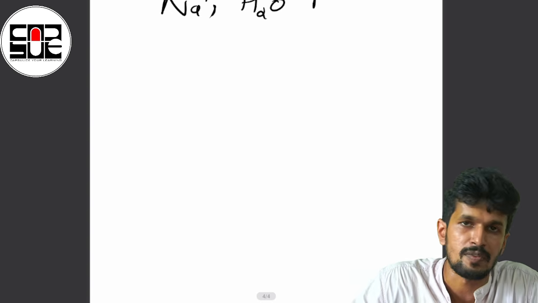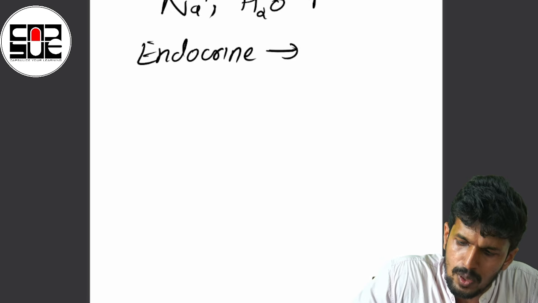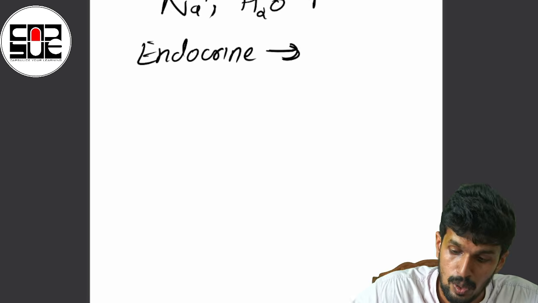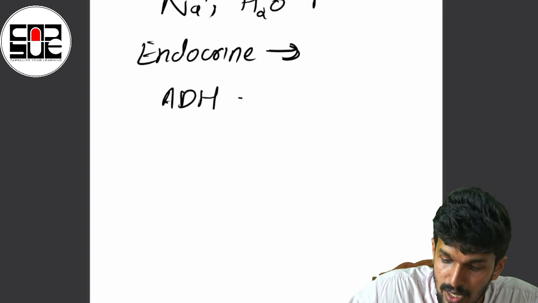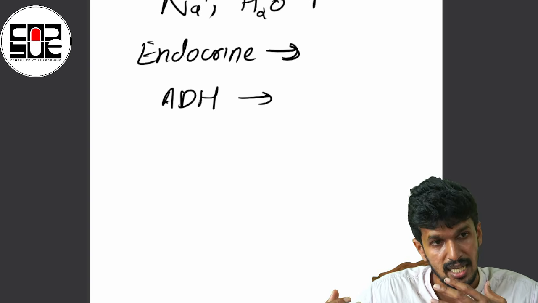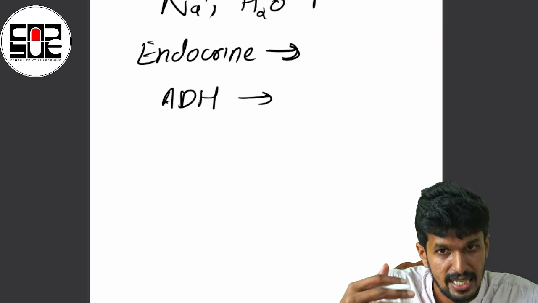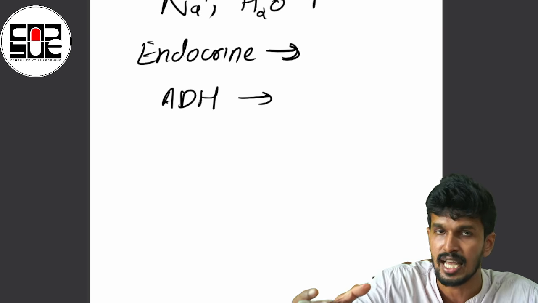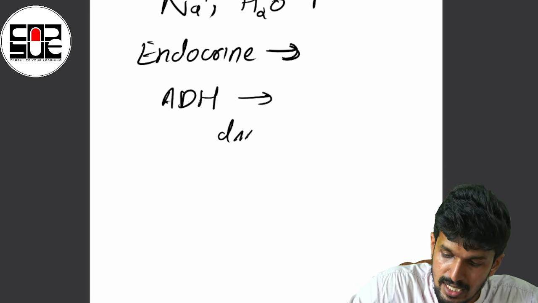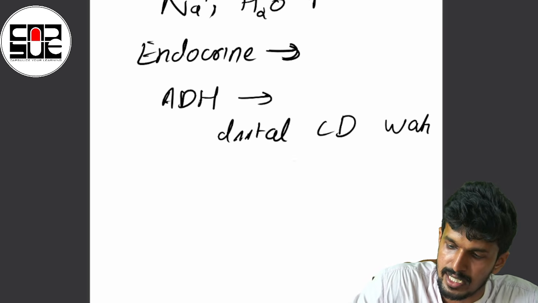There is one more system which is also involved at the systemic level. Just a brief discussion about that. At the endocrine level, as we already told, we have the aldosterone mechanism, the RAS system, activated. Along with that, we also have ADH, antidiuretic hormone. What is ADH? It acts against the diuretic mechanism of the kidney. Basically, it increases systemic vascular resistance. Along with that, it has a water resorption capacity from the distal collecting duct, CD. Water reabsorption is getting done.